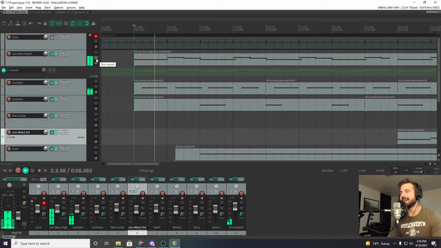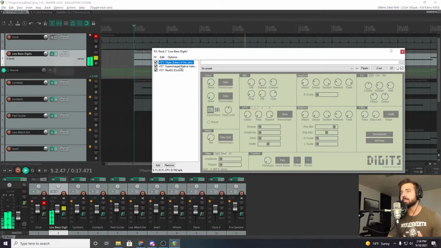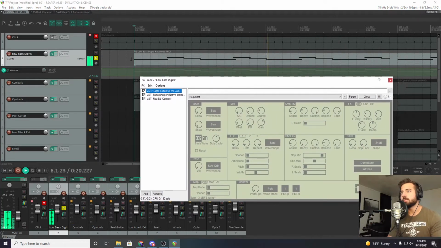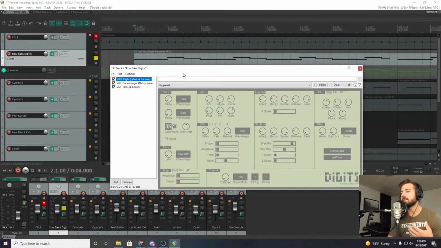we've got this creepy, nice low synth here. Right, so that's using this thing called Digits by Xfer. It's a pretty cool synth. I'm using a preset on it. I'm not a huge synth guy. I don't know a ton about synthesis, so I like to use presets and then just tweak them from there. A couple weeks ago, I was talking to Rog, and they said the same thing. They like starting with the preset instead of starting with the raw sound and working with the waveforms there.